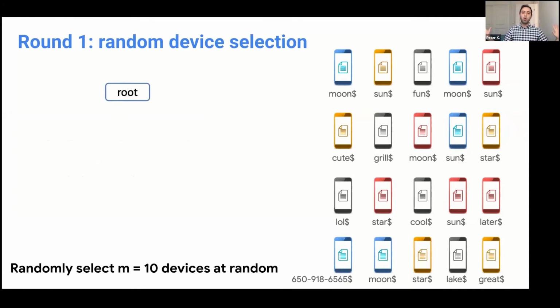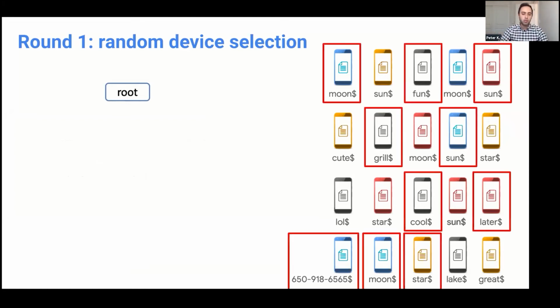So there's no knowledge on the server side, which I'm showing on the left-hand side of the slide. The first step of round 1 is to select devices. For the sake of simplicity, I'm going to select devices at random. Say these are the 10 devices that I've selected. These are the devices that have checked in to our servers that have data that we need to compute on to learn the trending popular words.